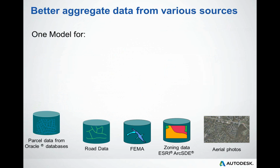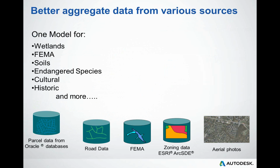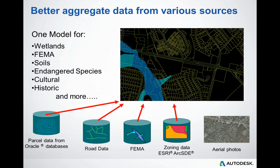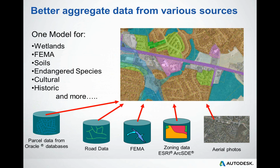Okay, we have one model for wetlands, for FEMA, for soils, endangered species. I've done work in Florida, and the gopher tortoise is a big endangered species there. You have to be very careful developing sites where they are, so that comes into play there, cultural, historic, and more. And with this, we're able to take all these different types of data and create one rich model, which